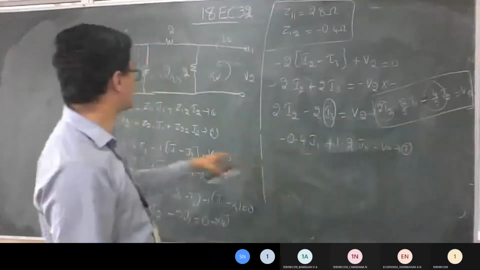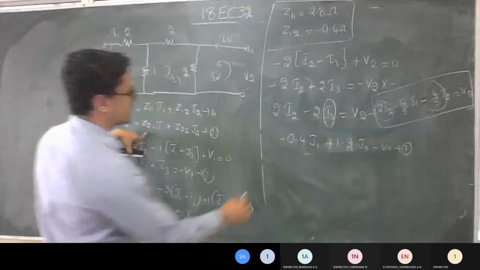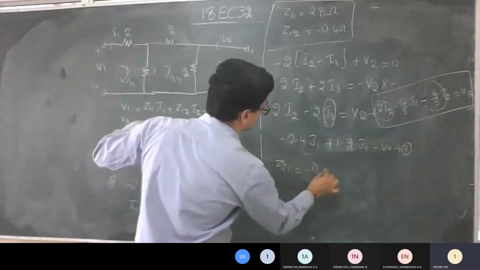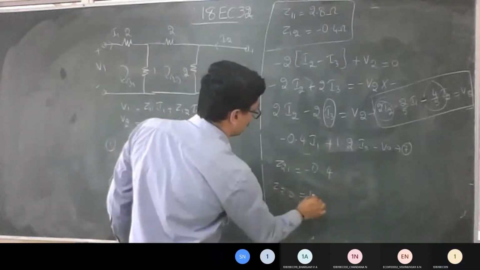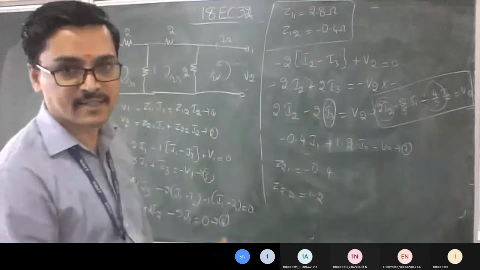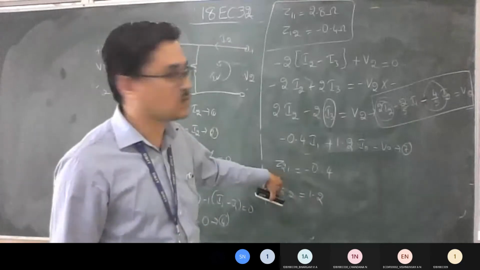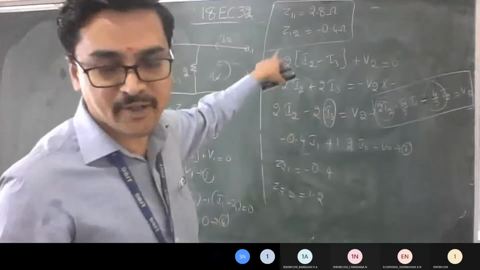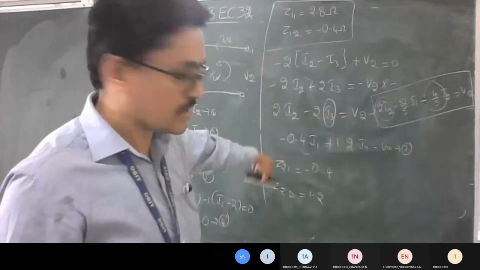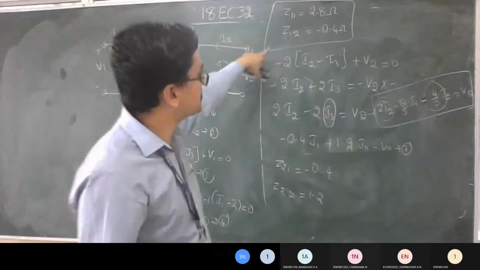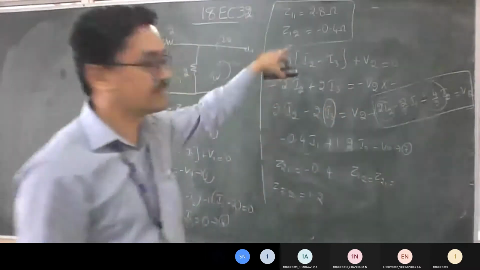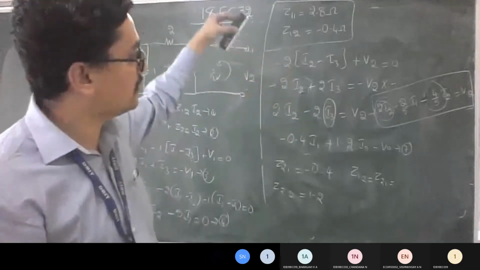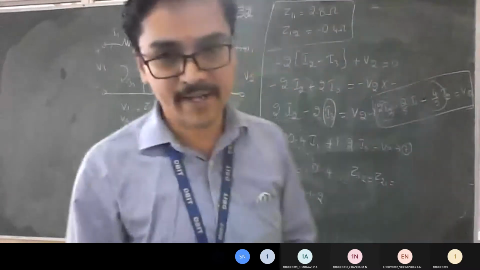Yes, sir. So now compare this with the generalized equation, the second one. From this I can claim Z21 is equal to minus 0.4, and Z22 is equal to 1.2. If you observe the answer carefully, Z12 and Z21 always match. Is it symmetric? In the previous problem also, Z12 and Z21 remain the same, minus 0.4, minus 0.4. So input impedance and output impedance are different. Is it fine till here?